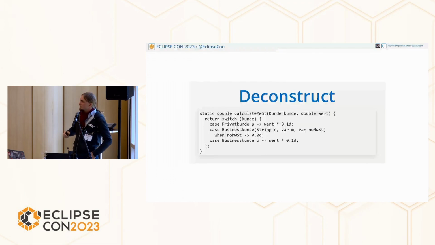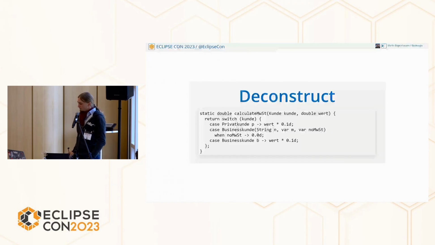That's also nestable. For instance, the name of a business Kunde, maybe string is not a very good representation. If we focus on data, we should model the data correctly. Maybe a name of a business Kunde should be its own type with its own type checking. Like it could be a string name or could be a long name and a short name. So that could also be deconstructed there into long name and short name, so they are nestable together.